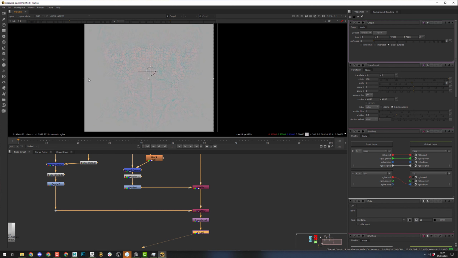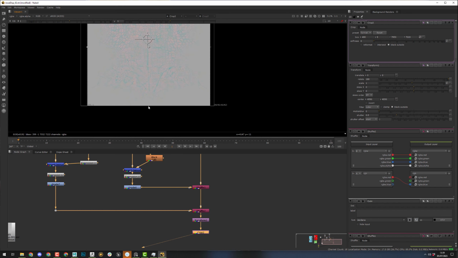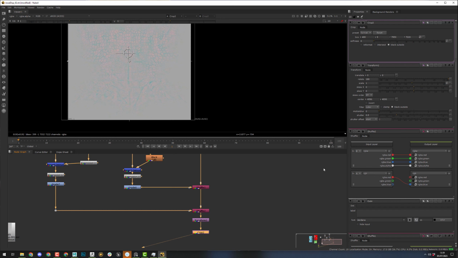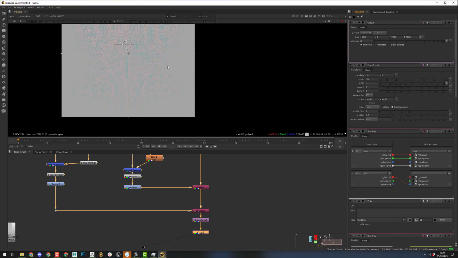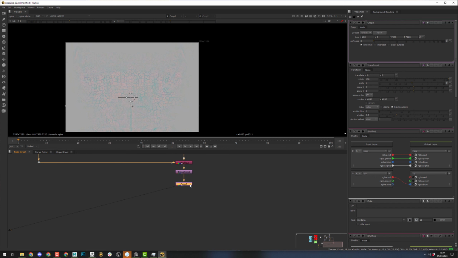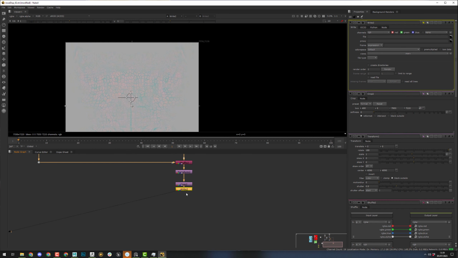I just want to make sure that I'm using just the area of interest from my displacement. And then double click on this crop and make sure that it's in reformat, so it's getting rid of the additional pixels. Once you're happy with your manipulation, you can just use a write node,